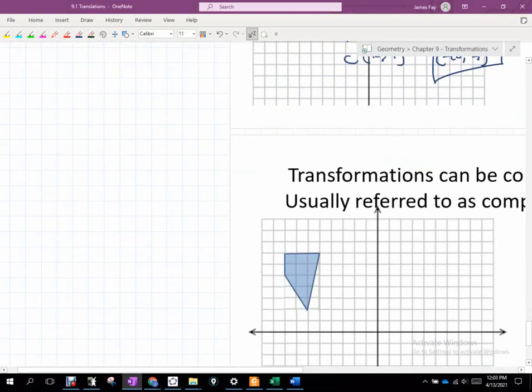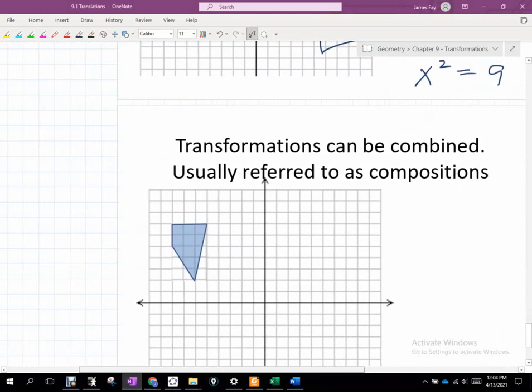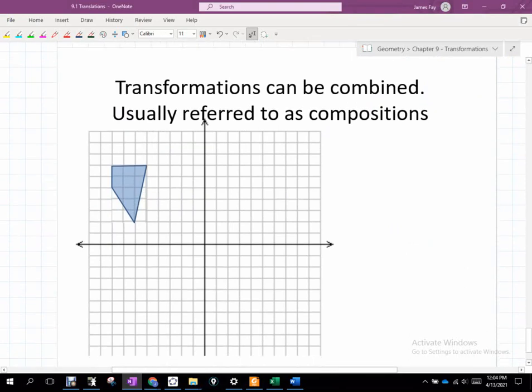Let's do this. Transformations can be combined. Okay. Now, this is a direct linkage to combining functions later on when you are in college algebra and algebra 2. Okay, so if we understand what's going on here now, it will make things much easier later. Okay, I'm going to show you the notation. Okay, if I have something of the form that looks like this,